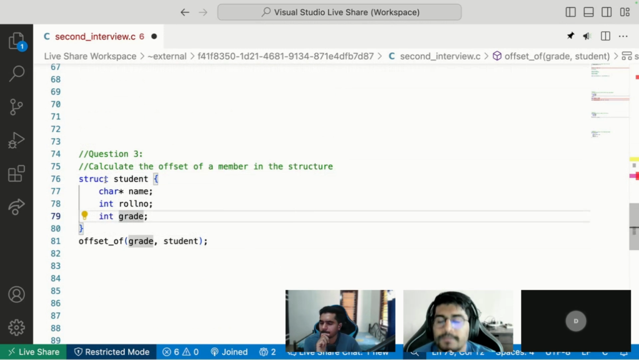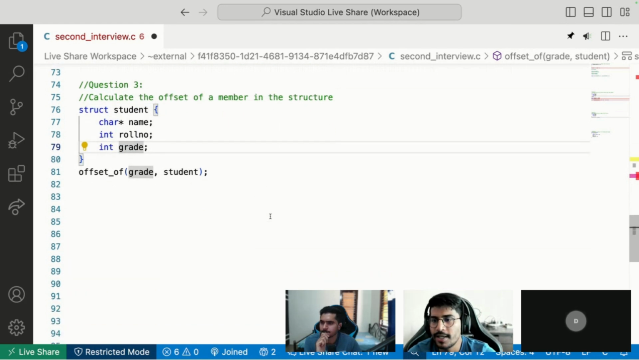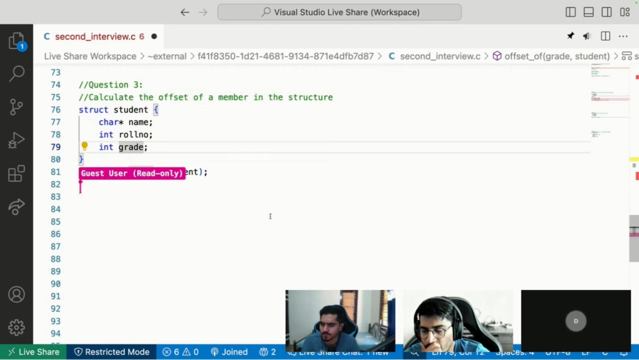Okay, so this is a bit trickier than the previous one. In the previous one, we just wanted the size of the entire structure, and there we had the aid of pointer arithmetic. While here, I'm asked to find